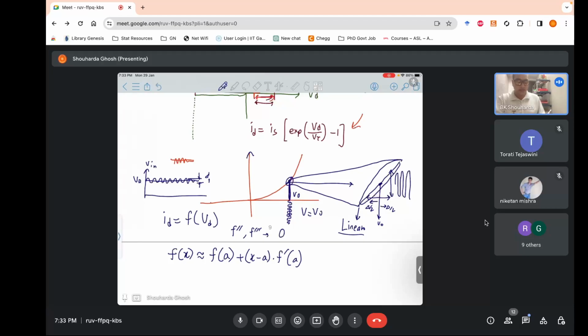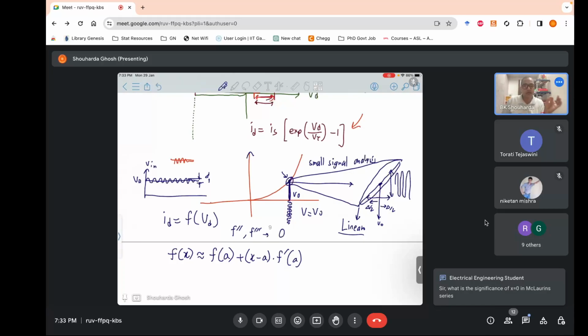You will learn the concept that I've shown over here. It's something called the small signal analysis. You will learn small signal analysis in great detail in your analog circuits course, where you will be dealing with electronic devices, where you take in signals from the outside world. Small signals, and then you amplify them to a larger value. You will study them later, but the main point to draw is that the point of interest is the b naught.